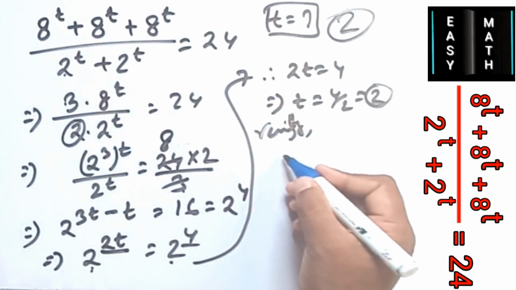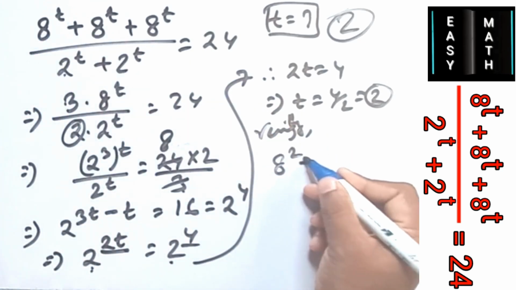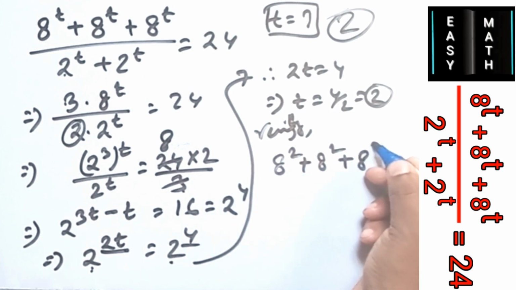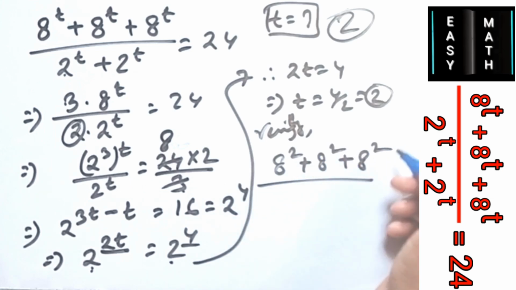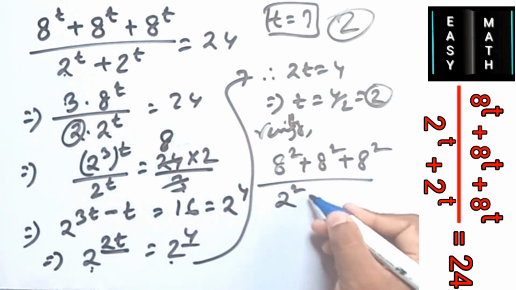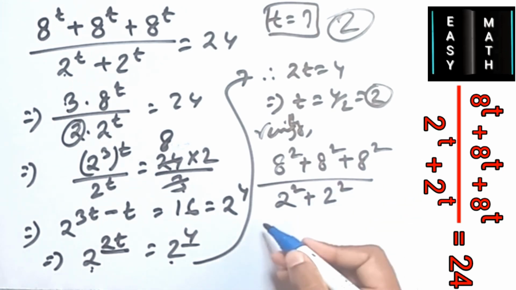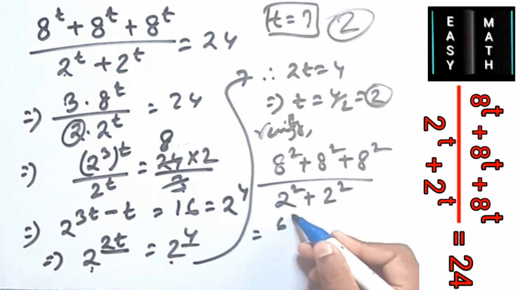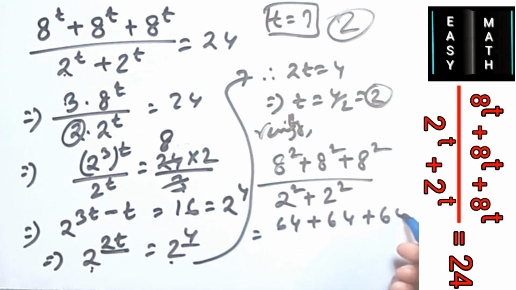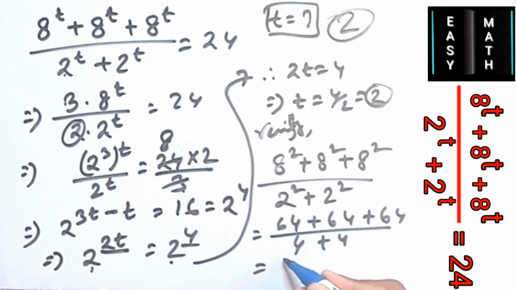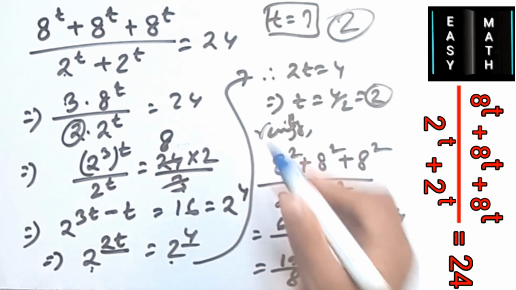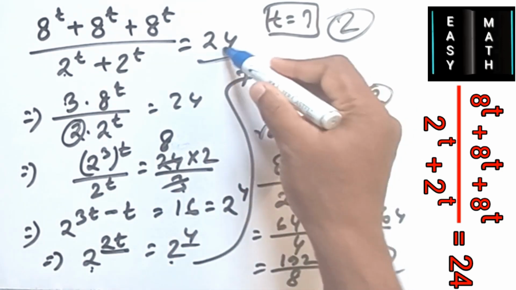If 8 is 2 square, 2 square, this is a 2 square, a 2 square, a 2 square, and this is the 2 square, 2 square. So this value is this, and this value is 4 plus 4. So this total value is 192 and this is the 8. So divide this, so 24. Please verify. So prove it. So t value is